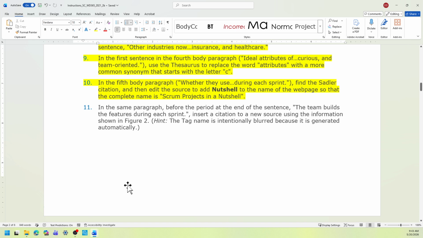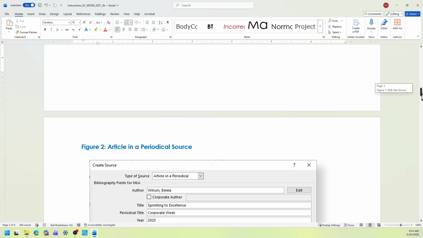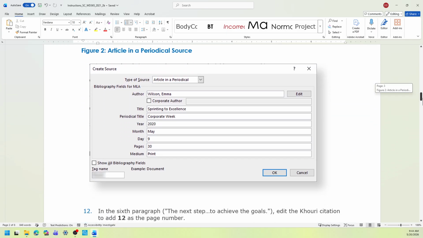Okay, so step 11. In the same paragraph, before the period at the end of the sentence, the team builds the features during its sprint, you're going to insert a citation to a new source, which is the figure 2, using the information below. Again, the tag name is blurred, so you're going to ignore that.